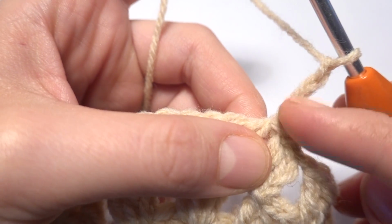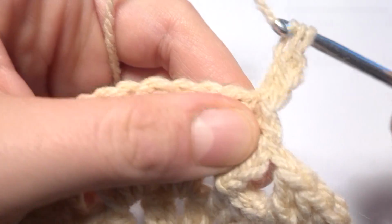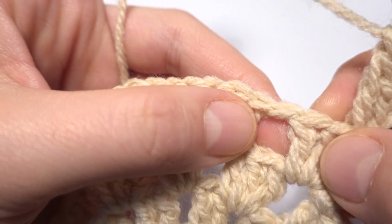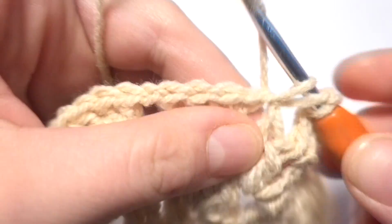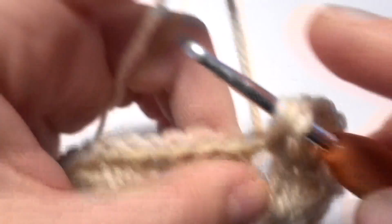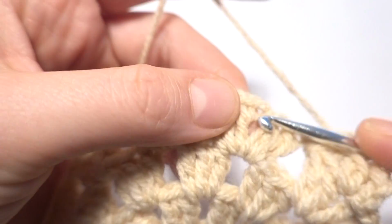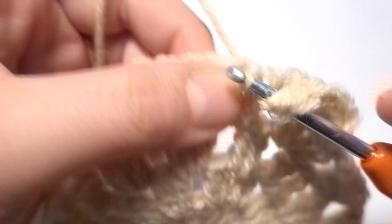So we've got first double crochet, then 1 more double crochet into the same space, chain of 1, then we have to skip the next 2 double crochets and into the chain 1 space we now will be working another 2 double crochets, 1 and 2, chain of 1, and again 2 double crochets in the space between second and third double crochet,